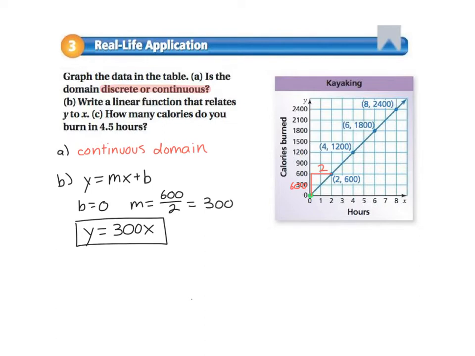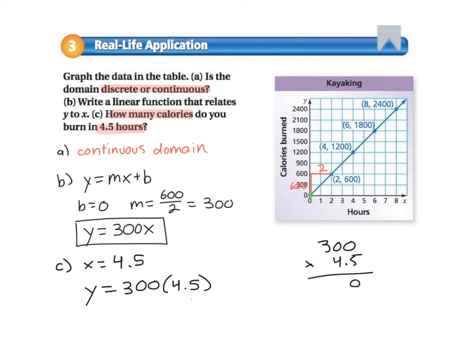For part C, you can see that they're asking us to find how many calories you burn in 4.5 hours. Essentially, they're just telling us that x equals 4.5. And I can plug it into our function. I'll substitute it for x, and that will tell me the number of calories I've burned. So let's do our little multiplication on the side. Okay, and then for my decimal point, it's been moved once in my problem, so I move it one time in my answer. So we get y equals